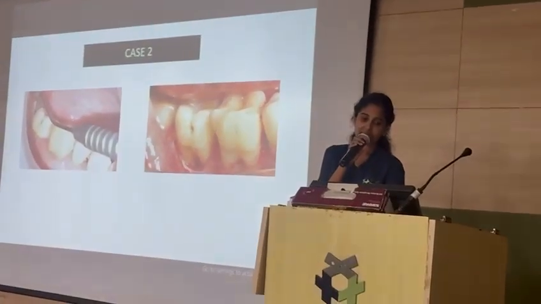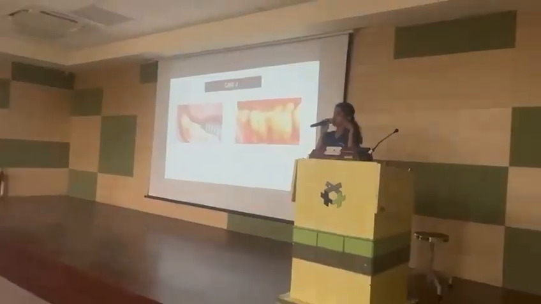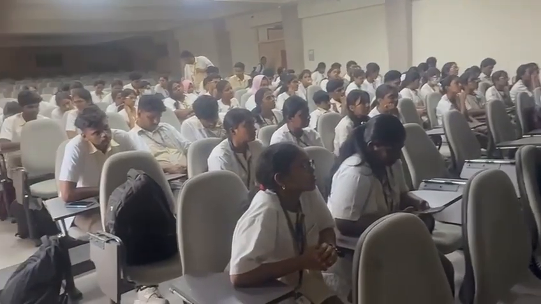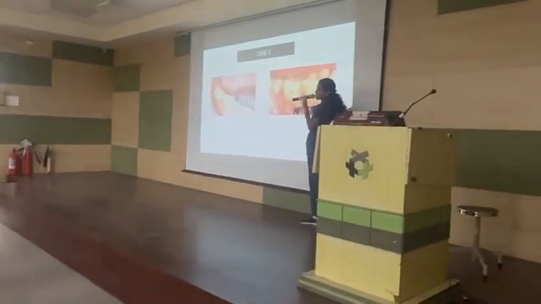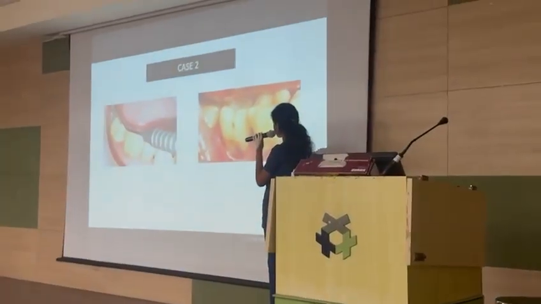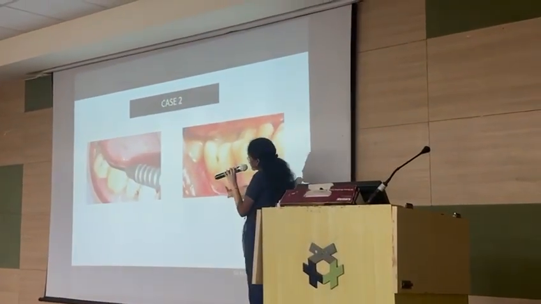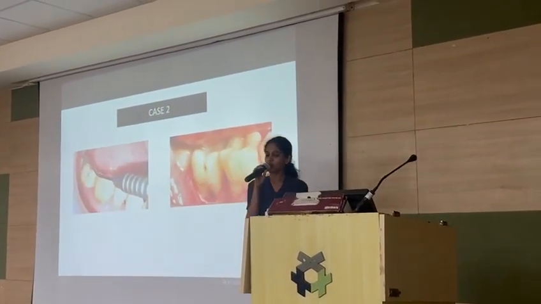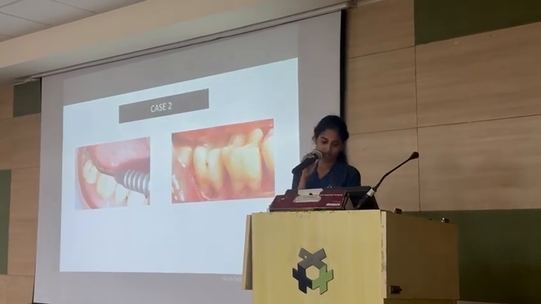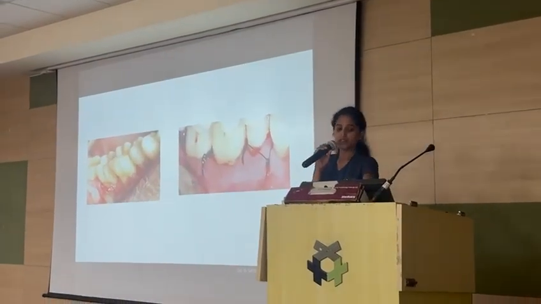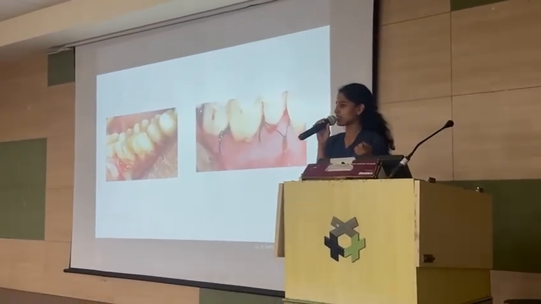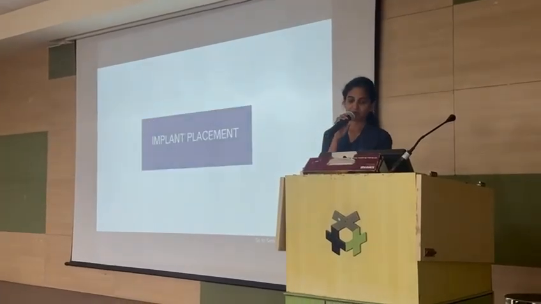So here in the patient, mid-buccally there was a probing of 7 mm in the molar. So while opening the flap, here you can see the difference between the 6 and the 7 molar. In 6 the furcation region is covered with the bone, whereas in 7 there is a defect. We placed the bone graft in the furcation area and we sutured the flap.